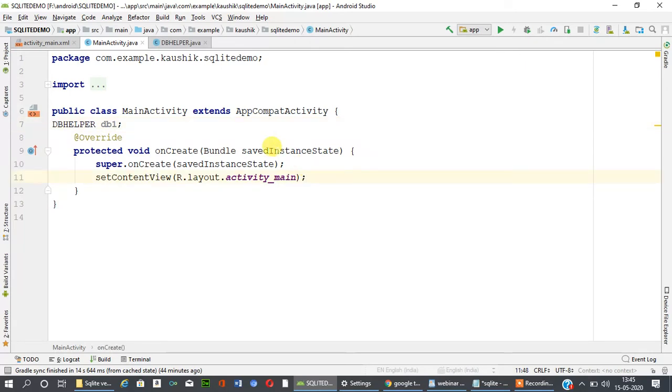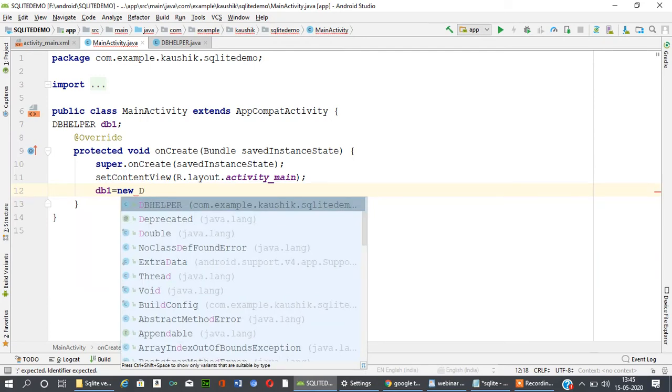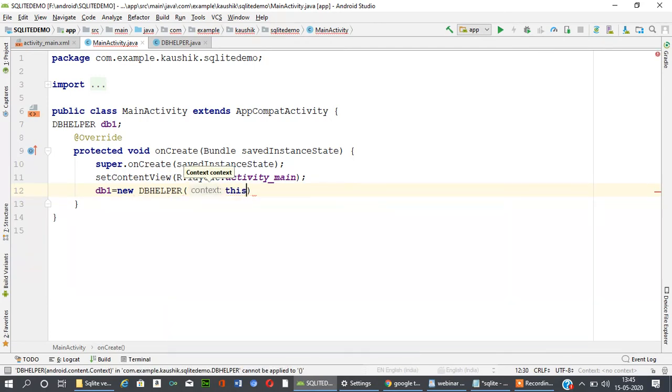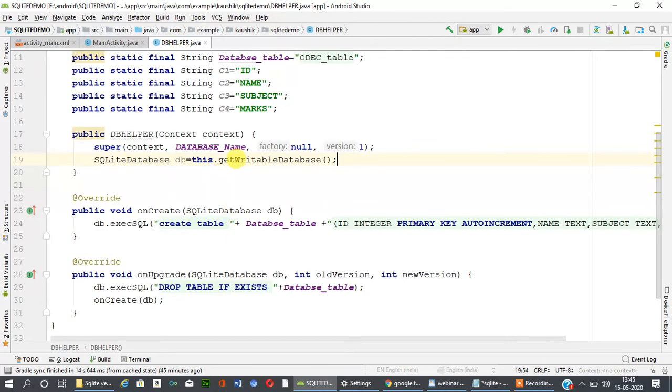Now db1 is equal to new DBHelper, passing this context. This initializes the constructor object, so this method will be called automatically and the database will be created, and after that the create table method will be called.